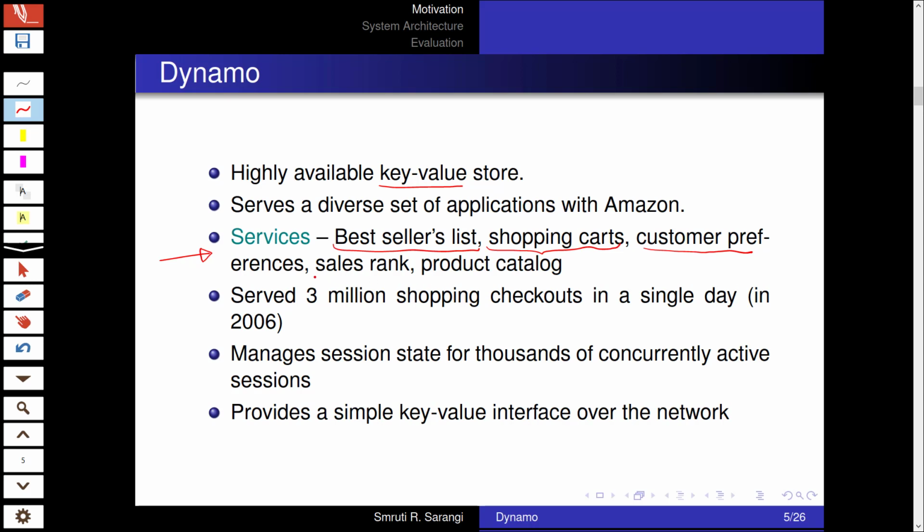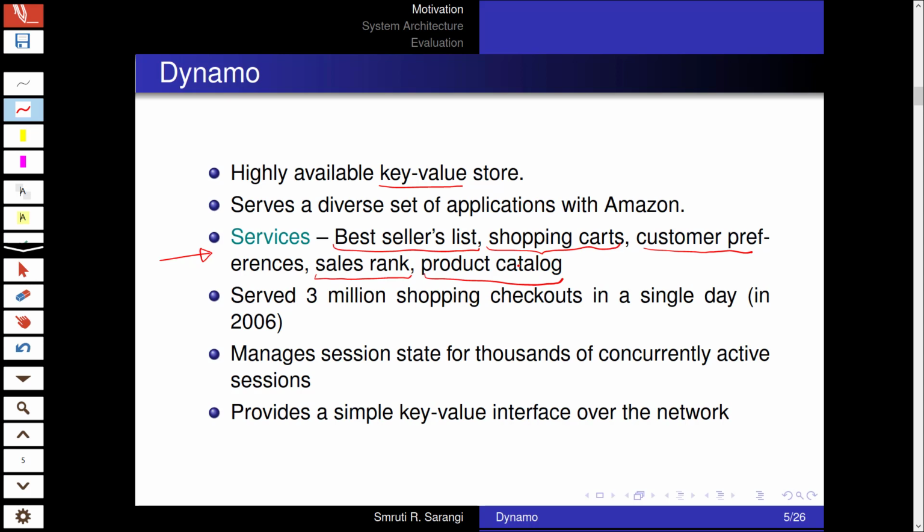Then sales rank, the ranking of products. If I want to buy a DVD player, it will show me the rank of the products, and the product catalog, of course. This is something that many of the vendors see when they are uploading products.